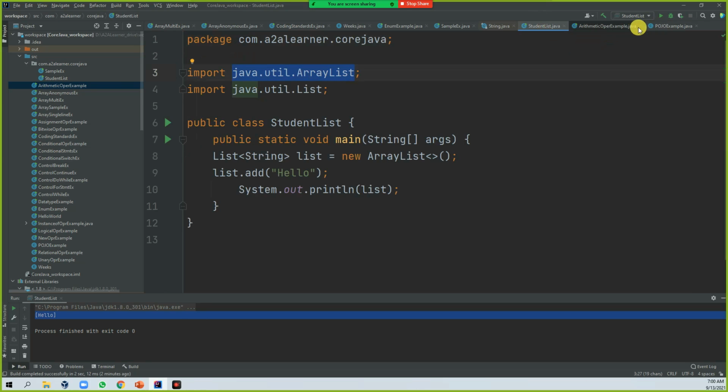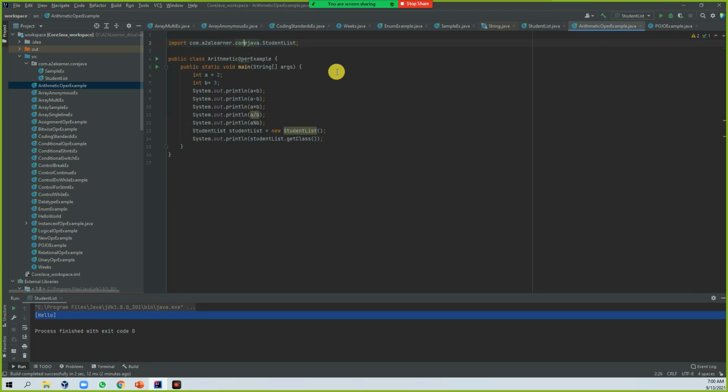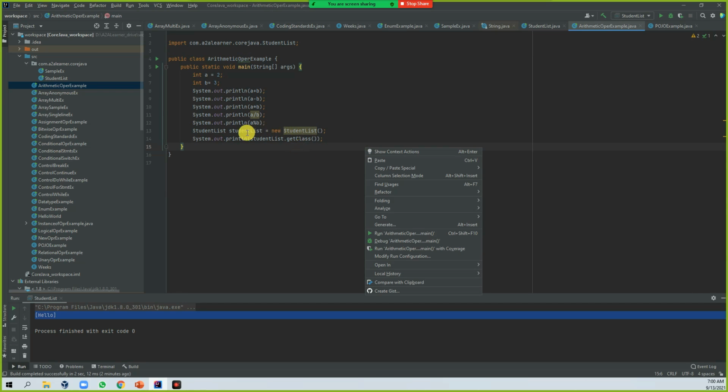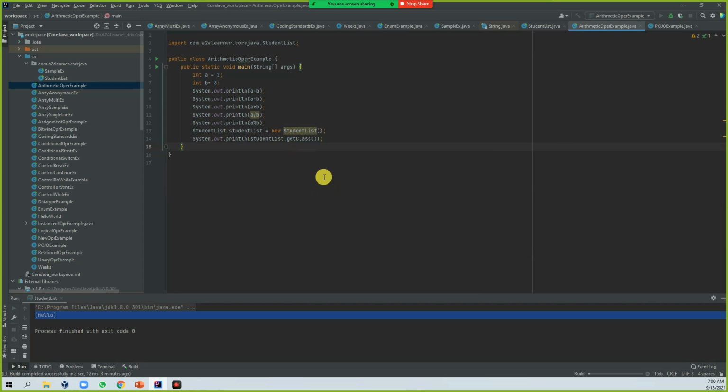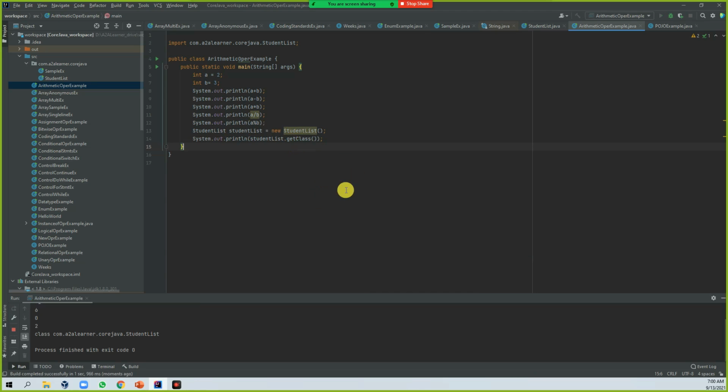Likewise, you can use it wherever you require. If you run it, this will go to this particular student list class, start executing there and give back the result. Here I'm using the get class, so that class name, see this one, the last one. So this is the way you can use import.